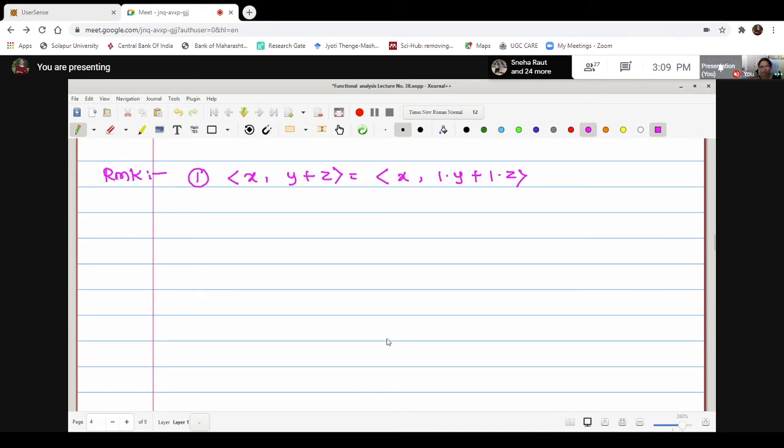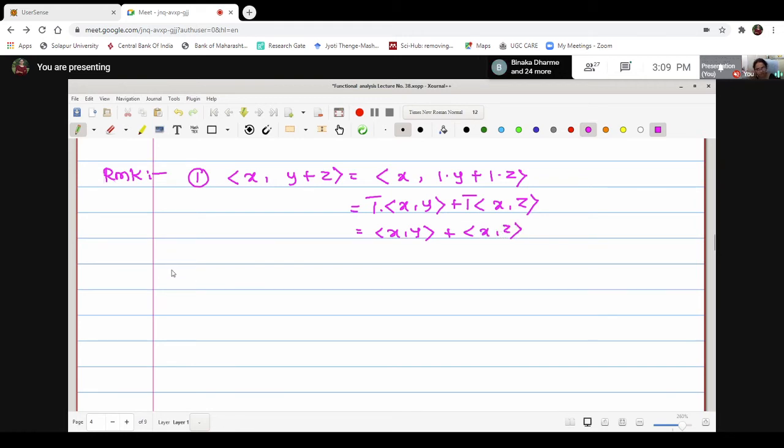Now, these scalars are 1 and 1, and according to that second statement, those can be taken out with the conjugate. But as those are real numbers, there is no need to write a conjugate itself. Therefore, may I write directly this is inner product x with y plus inner product x with z. Okay, this is simple too. Or one can write here 1 bar, 1 bar. But 1 bar is 1. 1 into inner product of x with y is the inner product itself. This is the proof, right?